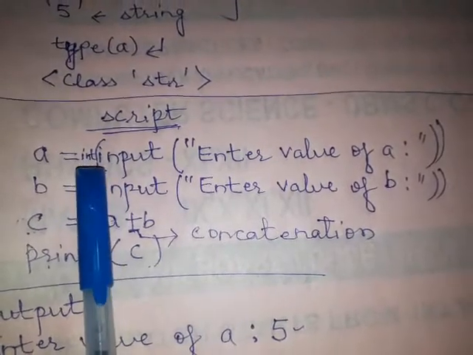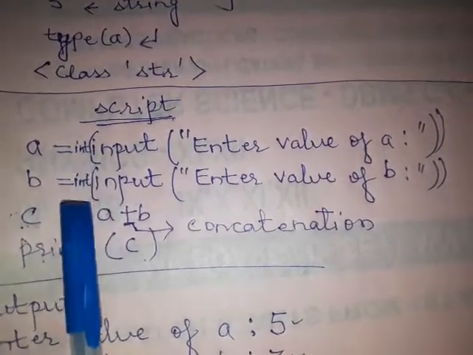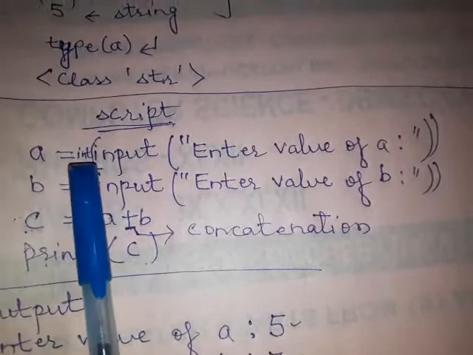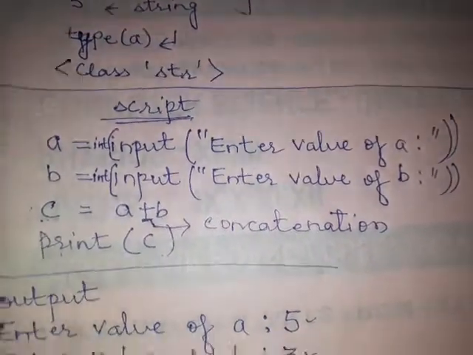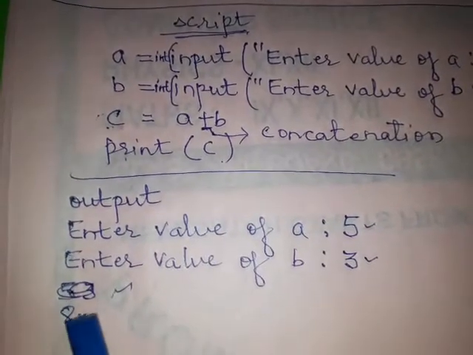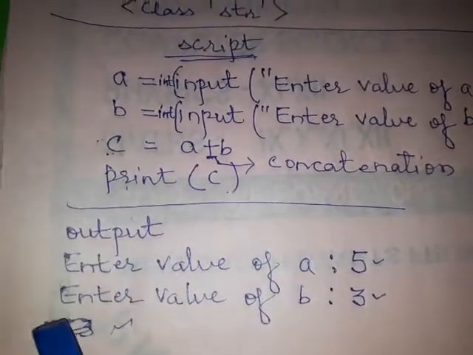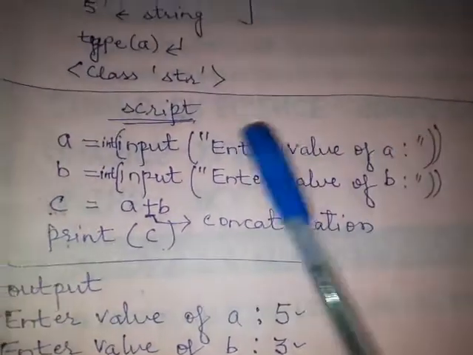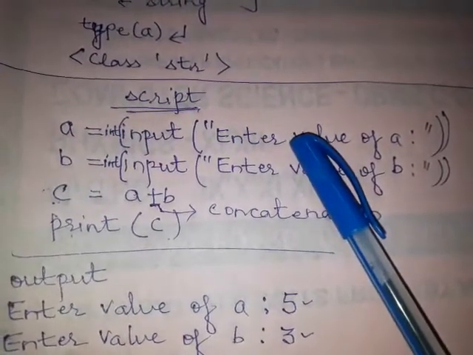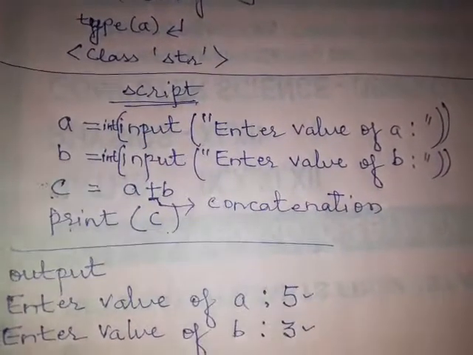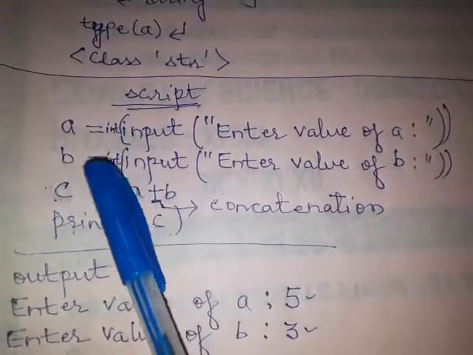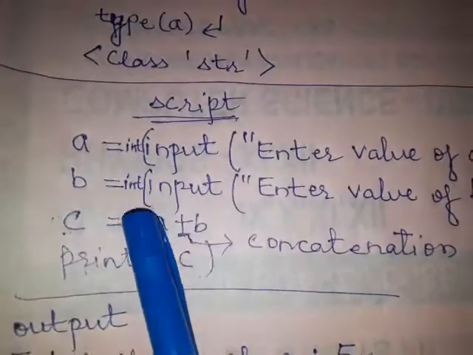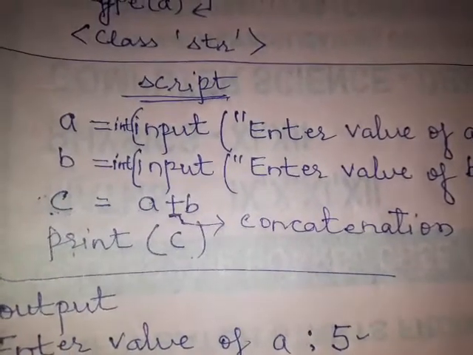Float means decimal values, fractional part also. If you are giving some fractional value, then you have to write float over here. Here also float. So the output will be given as a float type also. So these are the main features of how you can give input to the variables with the help of the input function, and how you can change the value to integer type or float type with the help of these techniques.